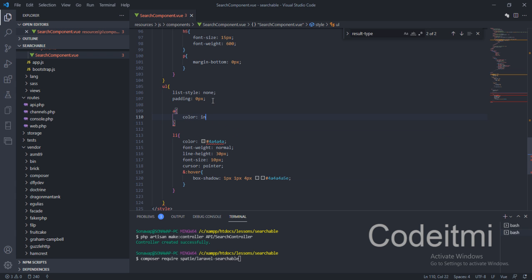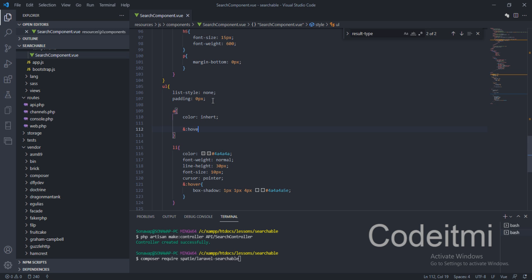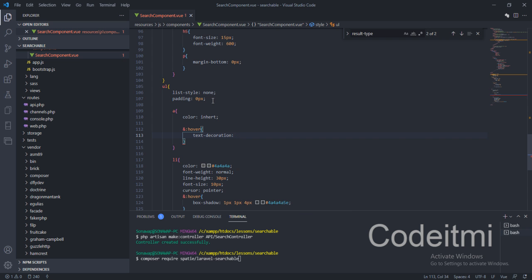And the next thing we need to do is, when you put your mouse over the link, so this will be a:hover. And for the text decoration, it is just going to be set to none, and let's make this important. Basically this is all we need to do. So if we refresh now